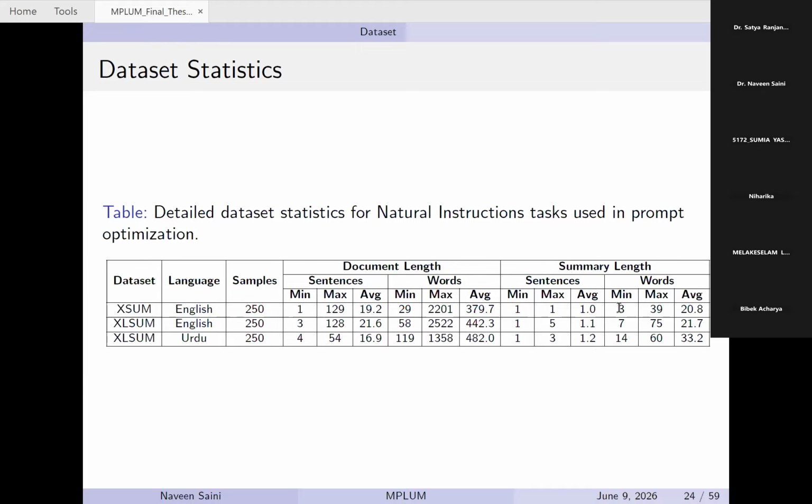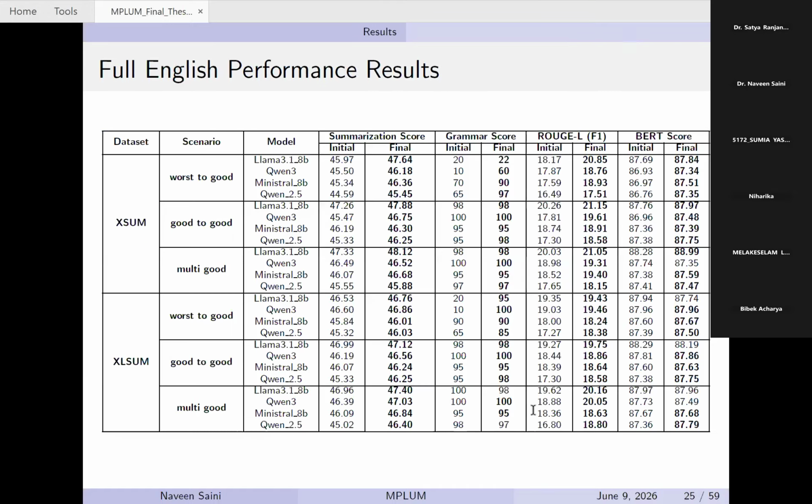Minimum 3 words are also there. Okay, minimum 3 words, then 7 words, then 14 words. You can assume how long the document is. Now, these are the results on the English language,